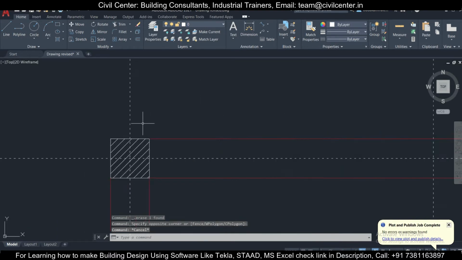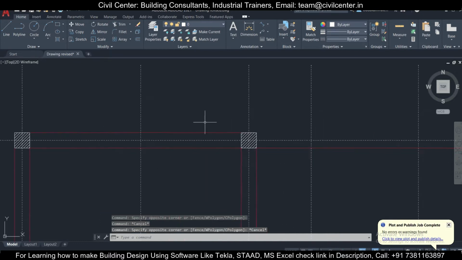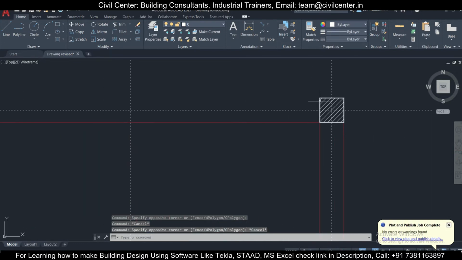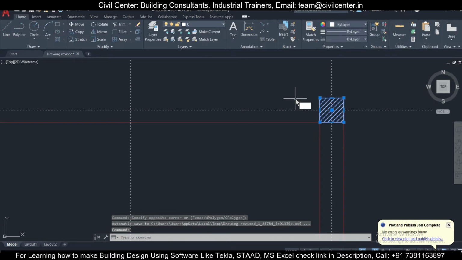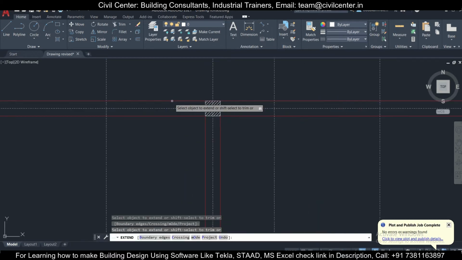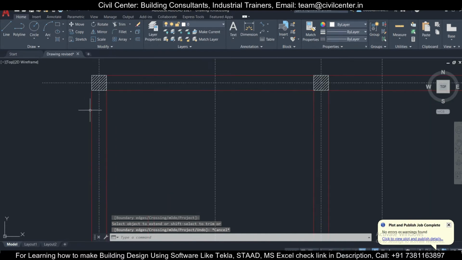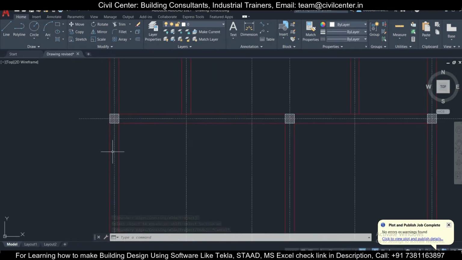So we'll select from left to right to check whether there is an overlap. There is no overlap here, so we can select this and press EX, enter, that is extend, and we want to extend this. After this has been extended, we want to do the same thing for this as well.